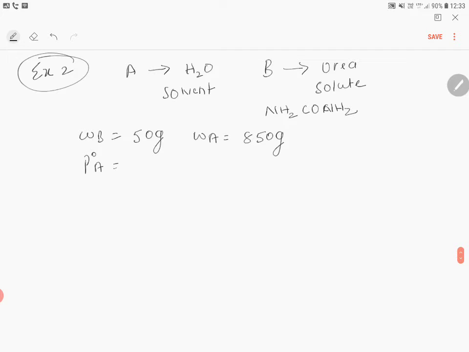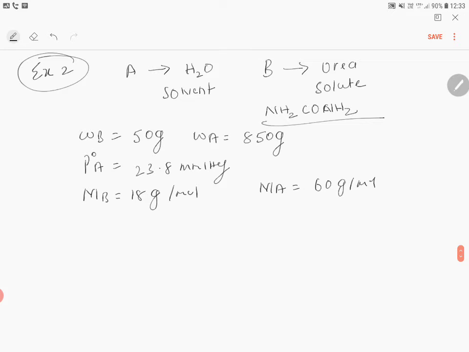P0A is equal to 23.8 millimeter of mercury. Molar mass of water is 18 grams per mole. Molar mass of urea is equal to 60 grams per mole. Calculate the molar mass, you will come to know. Therefore, relative lowering of vapor pressure is equal to mole fraction of solute,